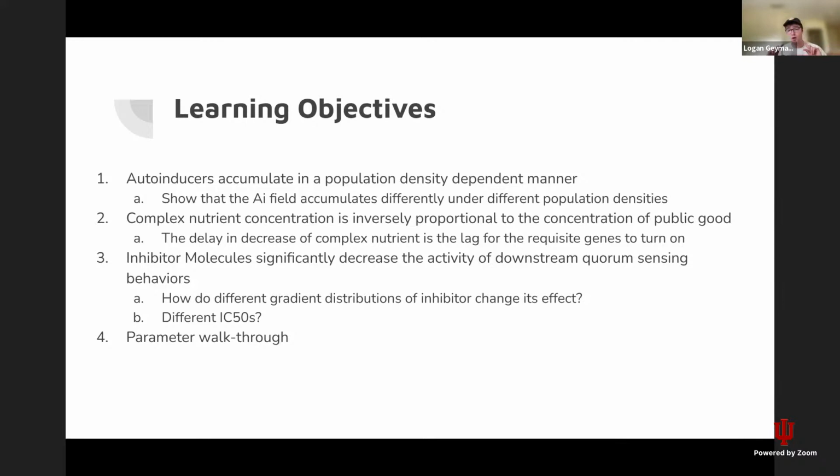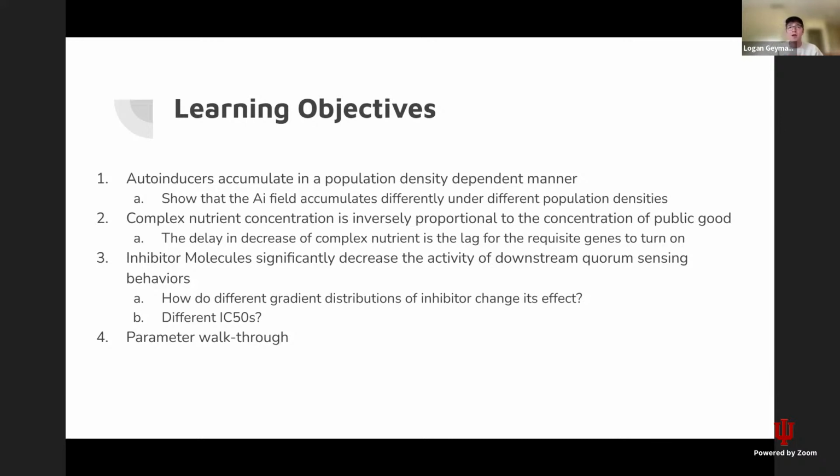It takes time to not only turn the genes on, but to get the mRNA and to translate that into protein, and to have those proteins actually be conveying their activity. So being able to capitulate that delay shows us that the way we've coded it really is starting to mimic that biology. And then we also wanted to show that the inhibitor molecules significantly decrease the activity of quorum sensing behavior. So we show this by the public good, like I said, should be cranked way down. And we should see that in presence of high drug, there is no public good. And if there is any, it's being expressed where there's very little drug, which we get into with our gradient